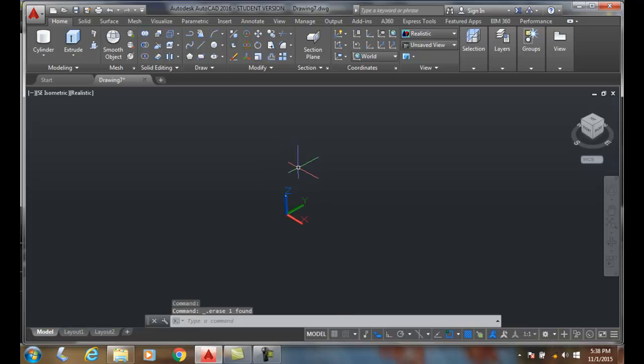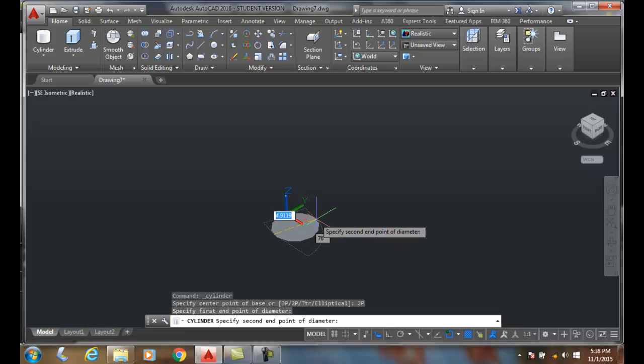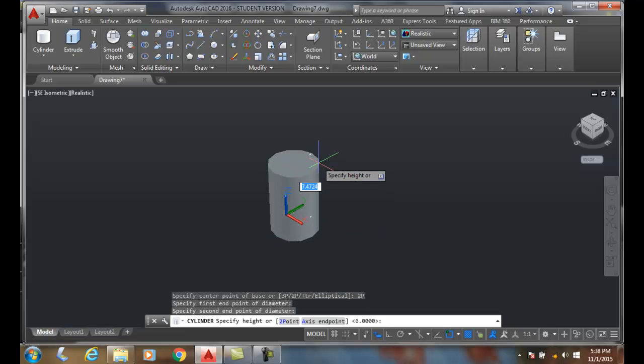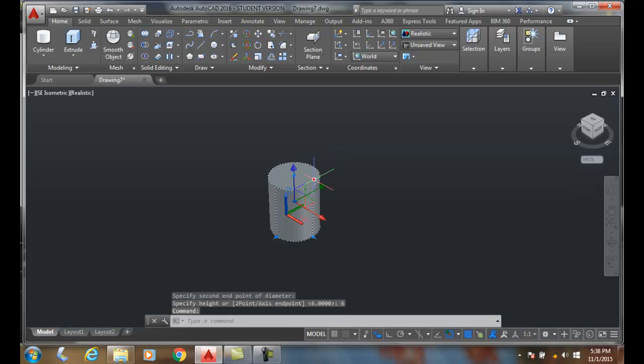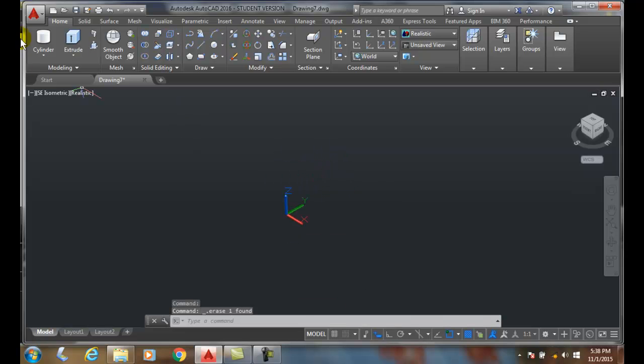I could also do a cylinder by choosing the 2-point option, so therefore it's asking for the 2 end points of the diameter. So I can say it's there and it's there, and I can go up and say here's the height. So we have the option of saying a 2 points. We also have an option of doing a